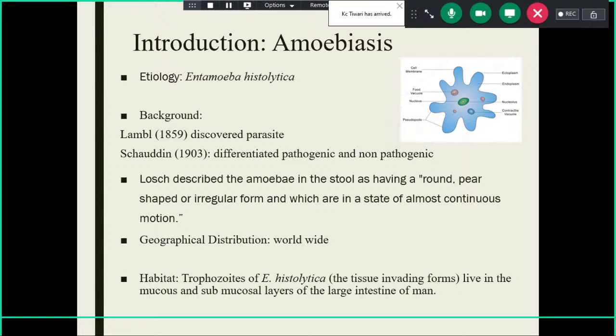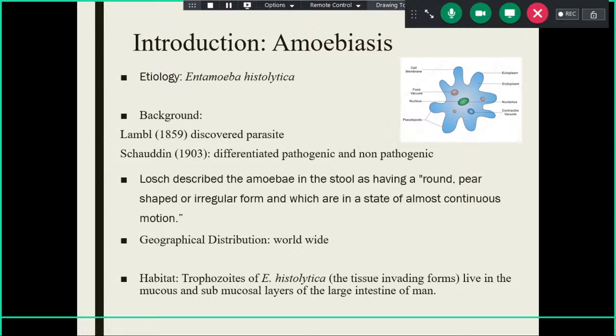Coming to introduction, the class is amoebiasis. Okay, what do you understand by amoebiasis? Amoebiasis is caused by Entamoeba histolytica. So basically when we say amoebiasis, it refers to all the clinical conditions which are caused by the parasite Entamoeba histolytica, right? Coming to a little history, the parasite was discovered way back in 1859 by Lambl, and in 1903 Schaudinn differentiated